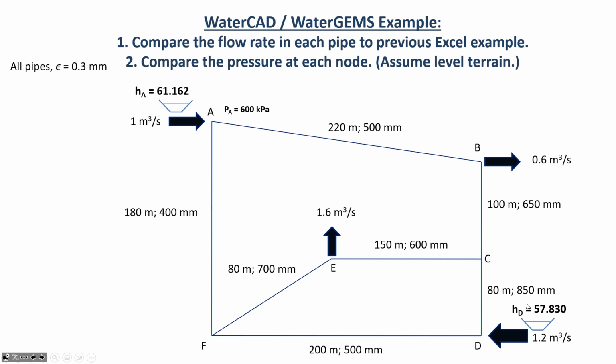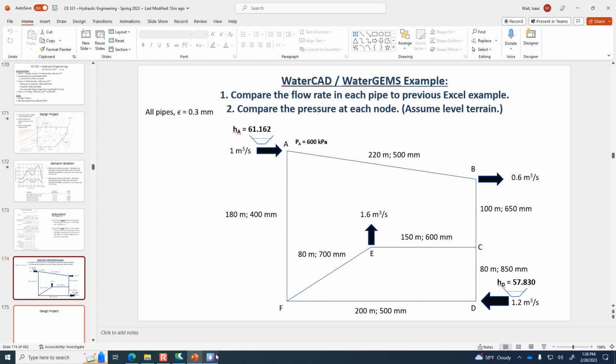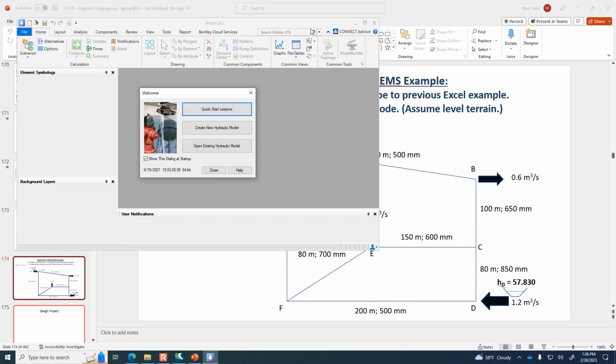Now, this computer that I'm working on right now has WaterCAD installed, but it's visually indistinguishable from WaterGEMS. And WaterGEMS is the one that you should use. I'll install WaterGEMS on this one in the future, but just for now it's got WaterCAD. The only difference is that in WaterGEMS you can have a lot more junctions compared to WaterCAD. It's limited. I think WaterCAD has enough junctions that we can do this example today though.